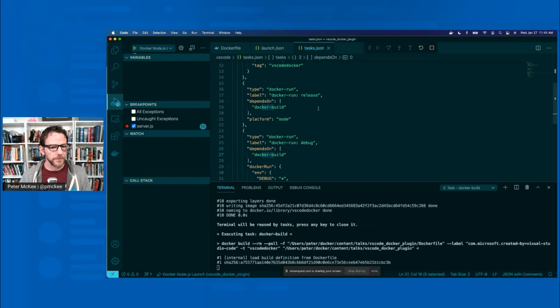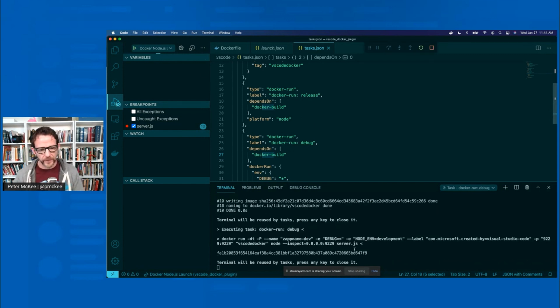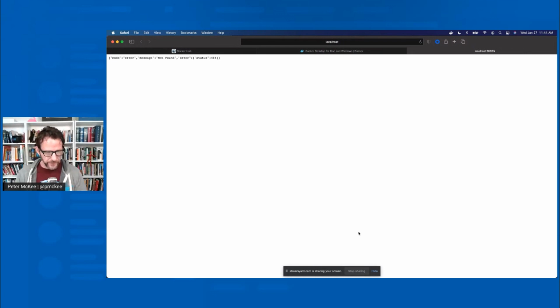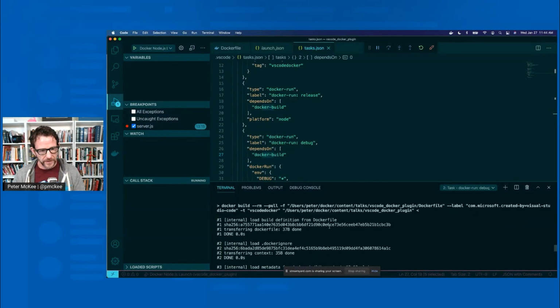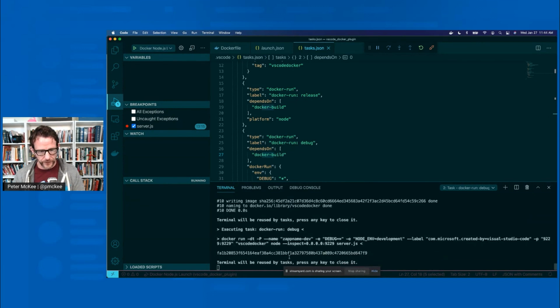So I'm going to click on the run. It started up. And I know that scrolled by really fast there. We'll come up to the top and we can see that we built. And then if I scroll to the bottom, again, sorry for the fast scrolling, you can see that I've run my image. And now we're up and running. We have our image running.